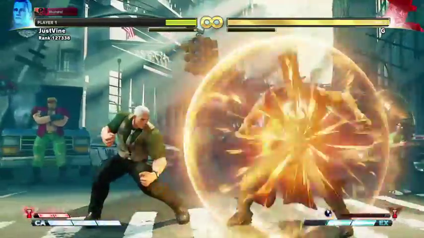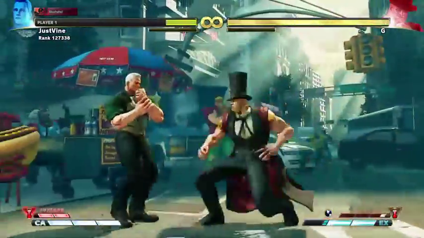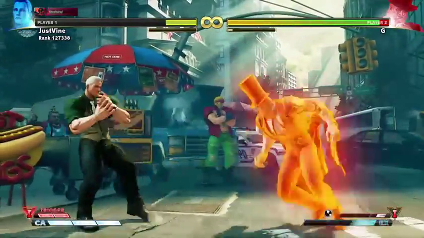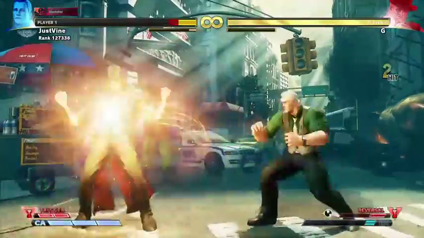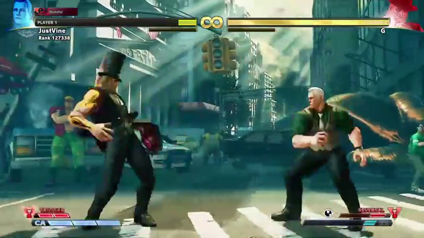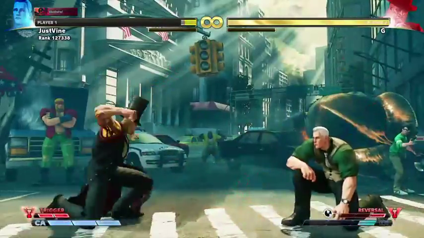Also, Cody's main anti-airs tend to do okay. You don't always need the V-Skill to solve the problem. Because